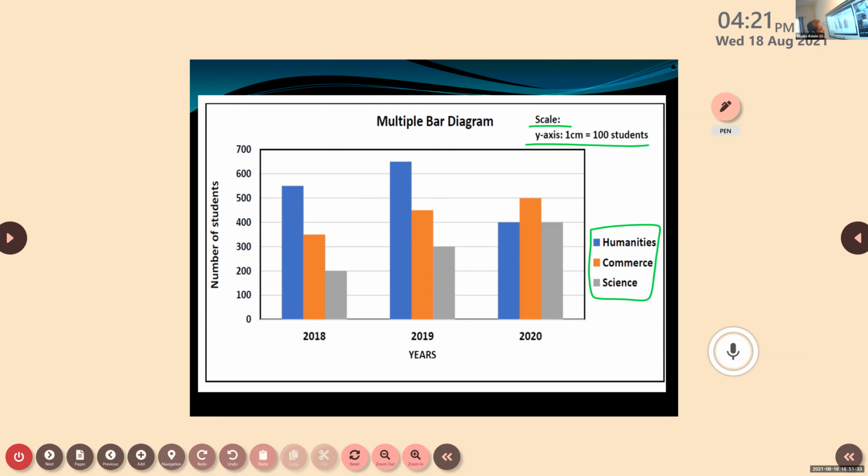Second one, third one, okay, fine. And the key is also given, scale also. Okay, you have taken the 50, 100, like that you have taken the numbers? Yes, ma'am. Okay, that's why it's a little longer. Okay, fine. I think one more person also I saw like that, 50, 100, 150.